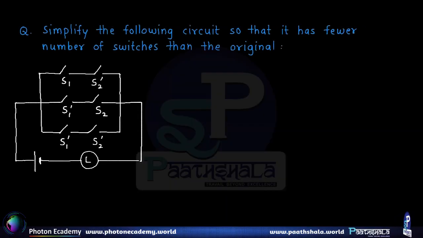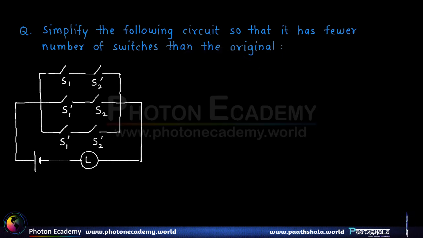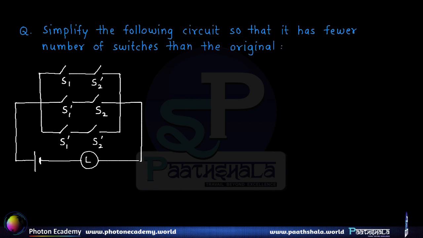Now here we do another type of question based on switching circuit, that is simplify the following circuit so that it has fewer number of switches than the original. So we are given a circuit in which there are a lot of switches, some are in negation state also. So the meaning of the question is that the operation of the circuit is to be retained but with the fewer number of switches. So we have to make use of the laws in the logic, and we will see how we can have another simpler and smaller circuit which behaves exactly same as the given circuit but with fewer